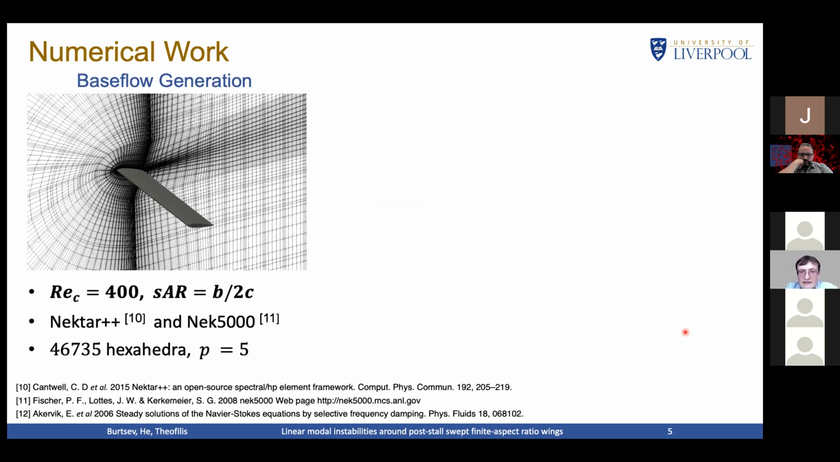All the analysis and all the results I show here is for a fixed Reynolds number of 400 based on the chord. Now, the angle of attack, alpha, and the angle of sweep, lambda, are defined as follows, with the symmetric aspect ratio, SAR, defined based on the half span from symmetry to the tip. We use spectral element codes to compute both the base flow, and for